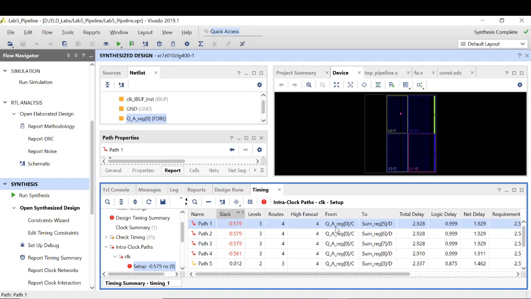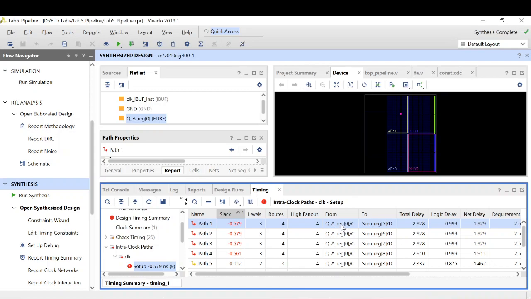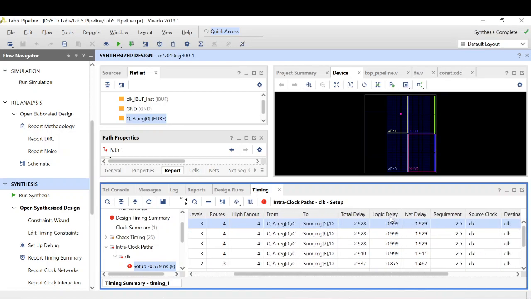This path is starting from Q_A_reg, and C means the clock pin of the flip-flop. So the flip-flops that I applied at the A ports, the 0th flip-flop, from the clock pin of that flip-flop to the D pin of the last capturing flip-flop, which is applied at the output port, right? So this is the fifth pin. In this you can see there is some logic delay, there is some net delay, right?